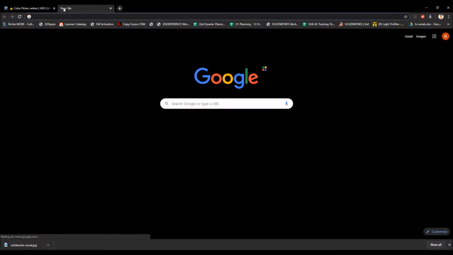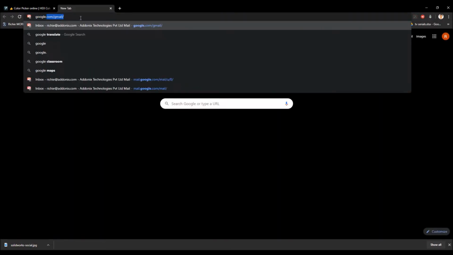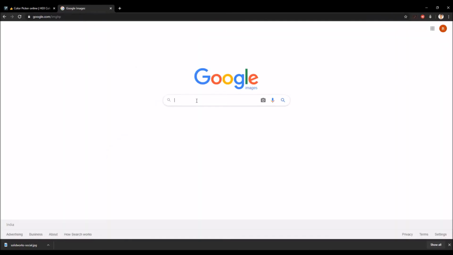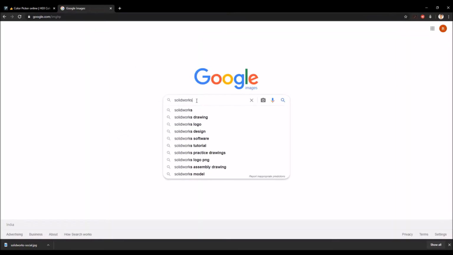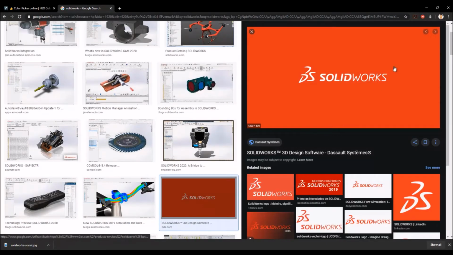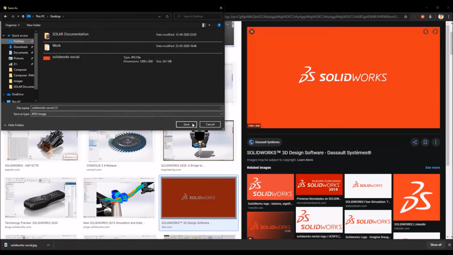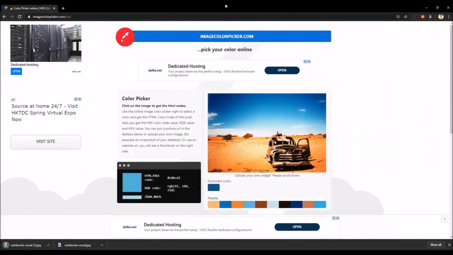So for that we'll go to Google and we'll search for a logo. So for this tutorial we'll use the SolidWorks logo and we'll try to save it on desktop so that the image is saved.